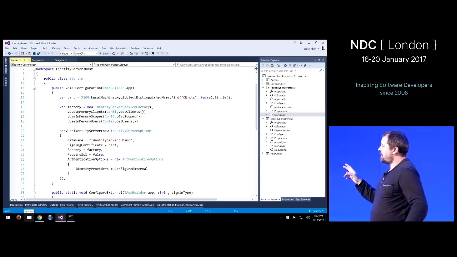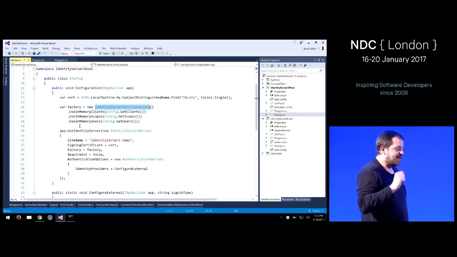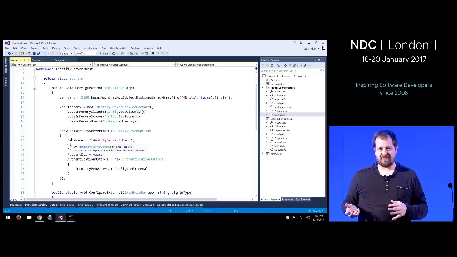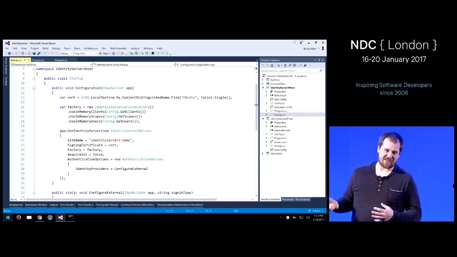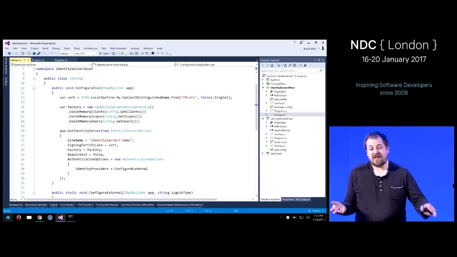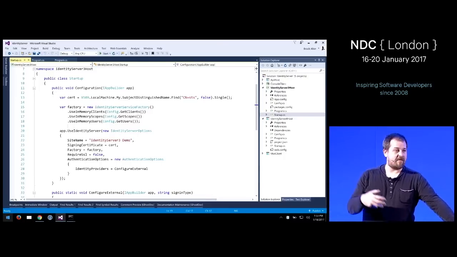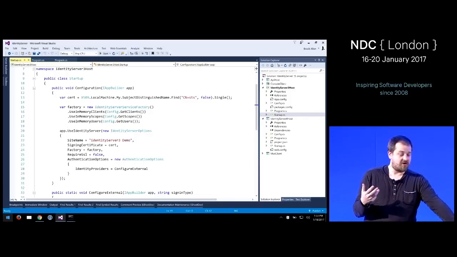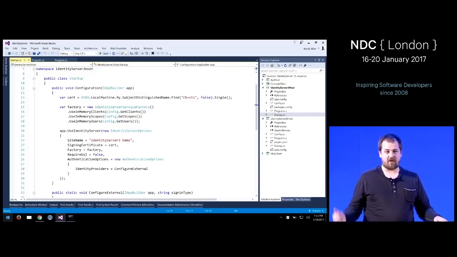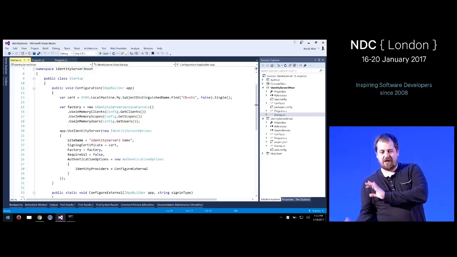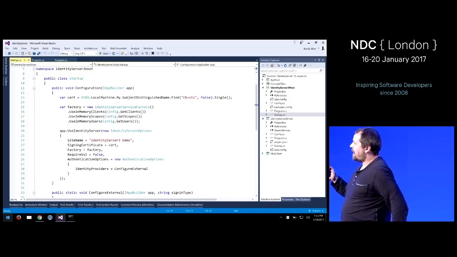The other interesting thing here is this class called the IdentityServer factory. And the factory is our own DI system. Now you might wonder, why did you guys have your own DI system? Isn't that a stupid thing? The problem was there was nothing built into Katana. ASP.NET before, or Katana, didn't have a built-in dependency injection container. So we took the one we liked the best at the time, which was Autofac, and wrapped that up in our internals, and the factory was our abstraction of that DI container.